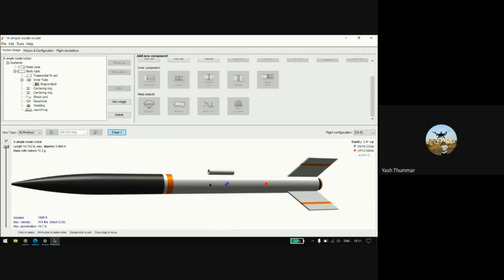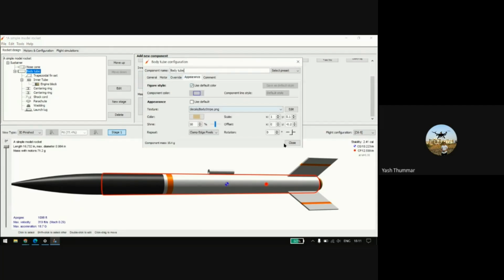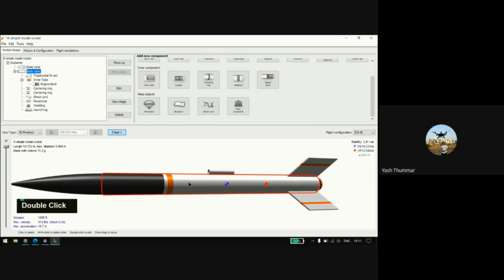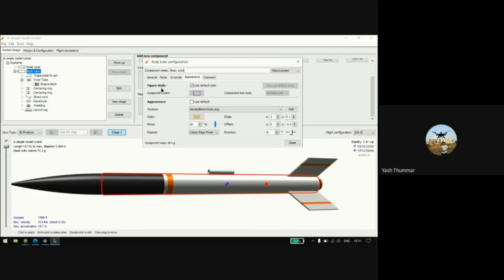You may double click on this, or go to the body tube and double click on the body tube and go to appearance, or you can directly double click on this body tube, so it will open the same dialog box, then go to appearance. There you can define the default color for the figure style and the appearance. You can uncheck use default and provide a texture and photo.